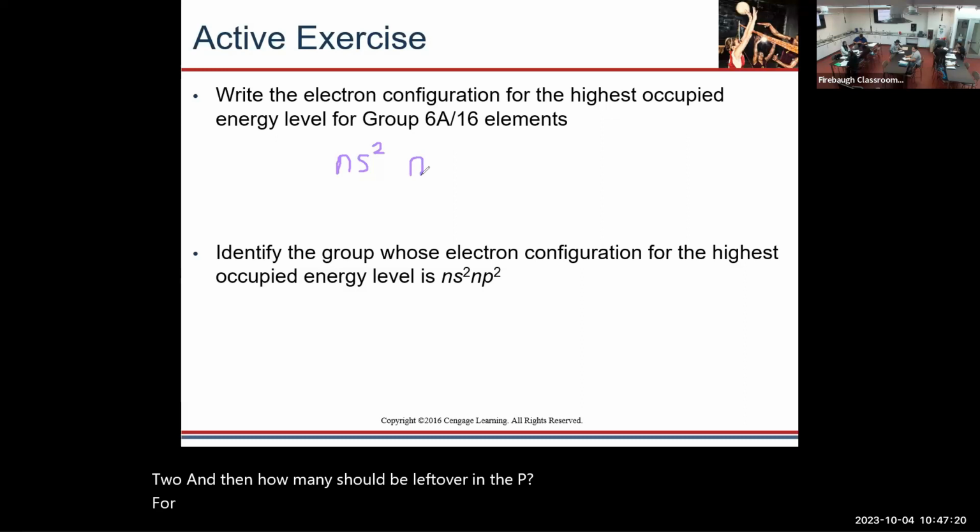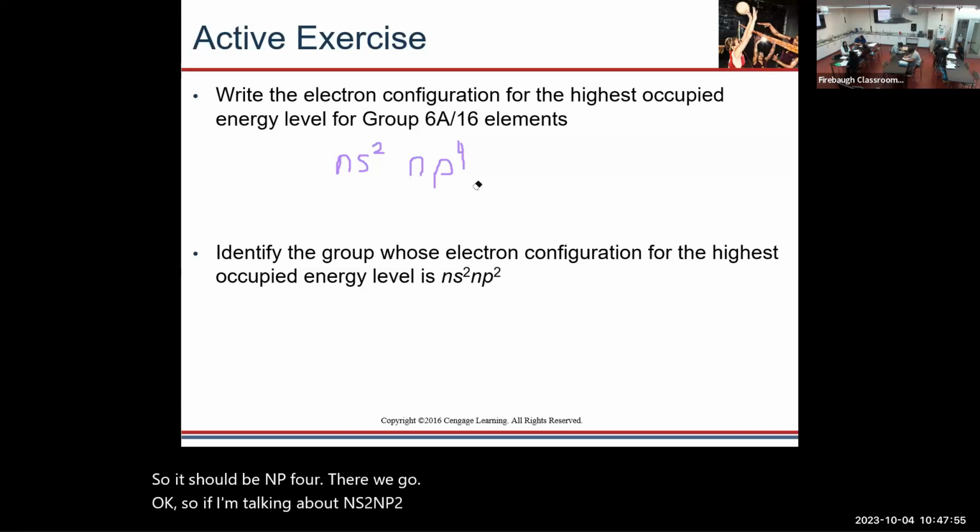For 16? For 4. I was like, what? Sorry. So we want P4, NP4. Let me erase that. So it should be NP4. There we go. Okay, so if I'm talking about NS2,